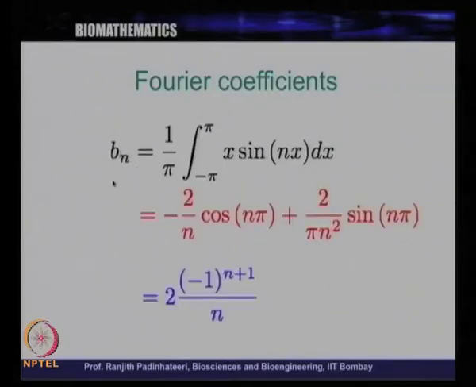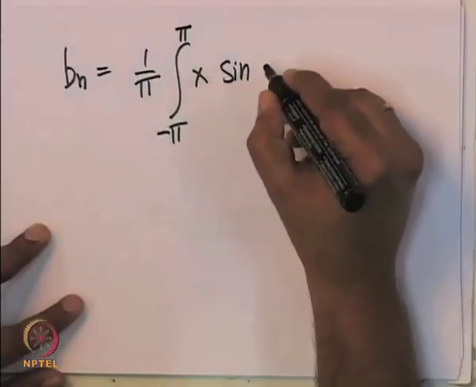So, if you do this, it turns out that b n is not 0. So, let us quickly do this b n calculation. So, b n is again 1 over pi integral minus pi to plus pi x sin